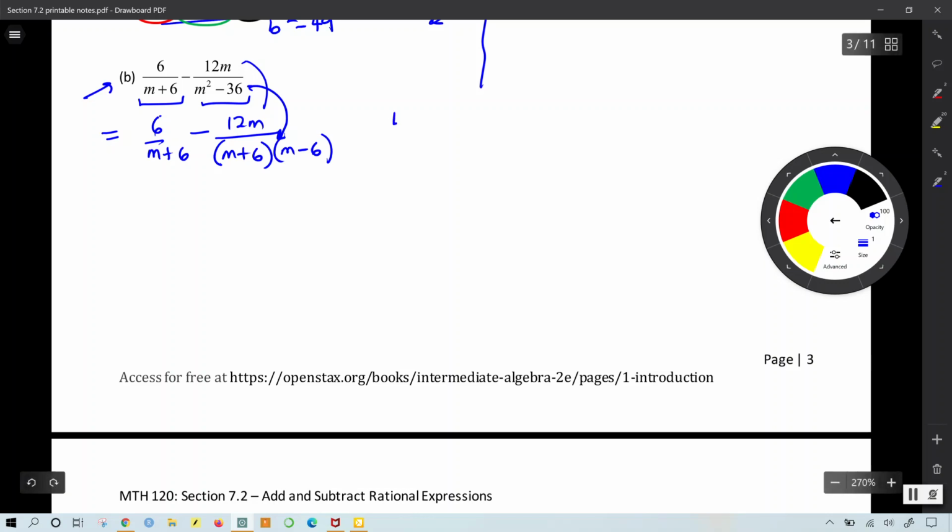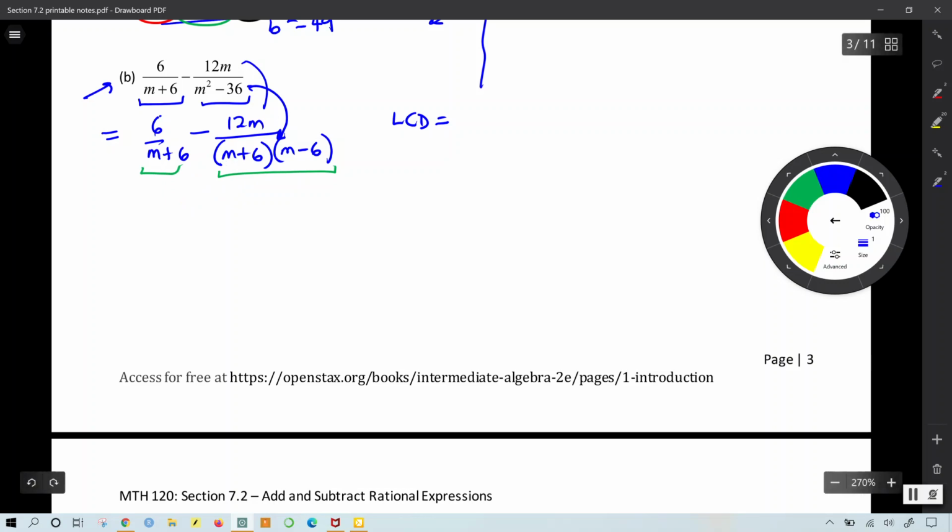Well, at this point, we need to find the LCD. What you observe is that m plus 6 can divide into this piece. So, just as 7 can divide into 14, and 14 turned out to be the LCD, we can take m plus 6 and m minus 6, the product, to be the LCD. If that doesn't work for you, this is another easier way to consider how to find the LCD of these two different